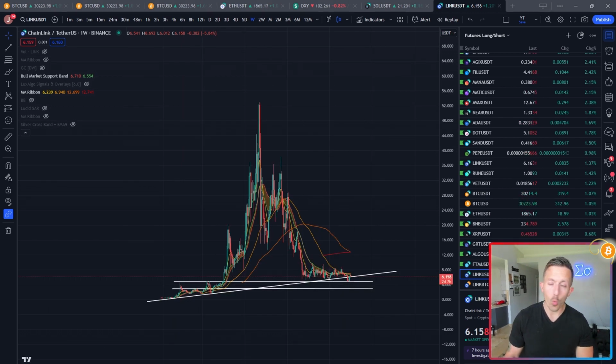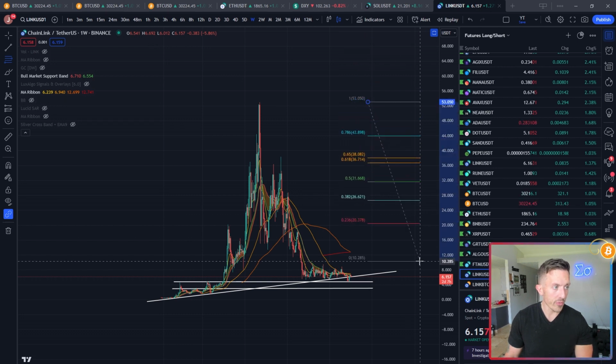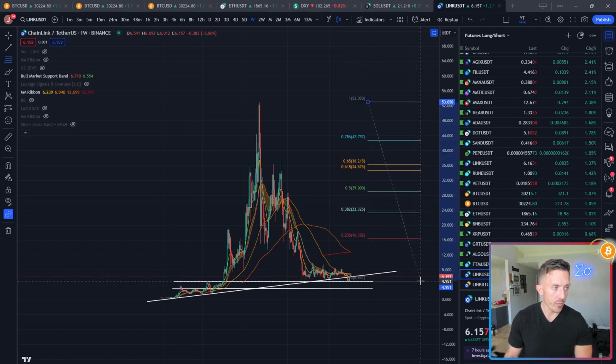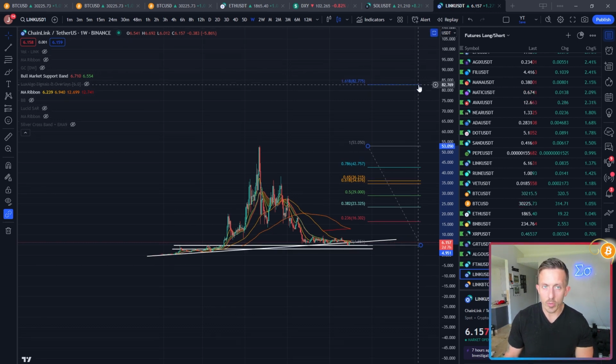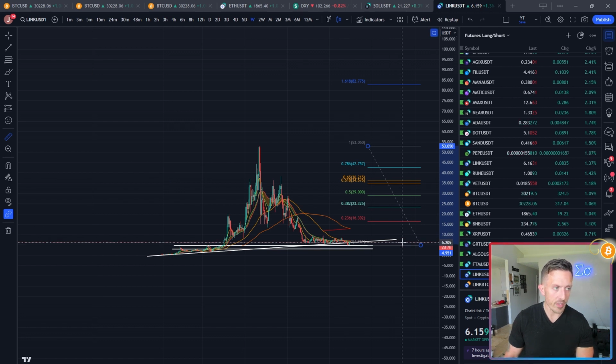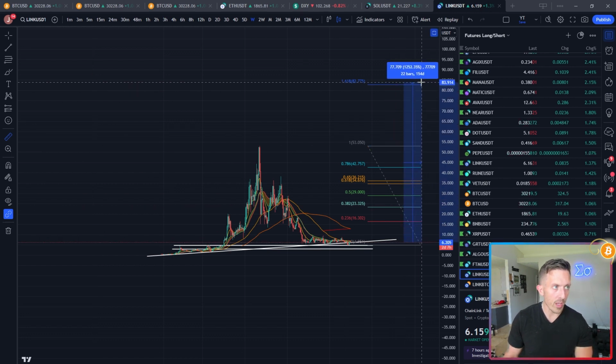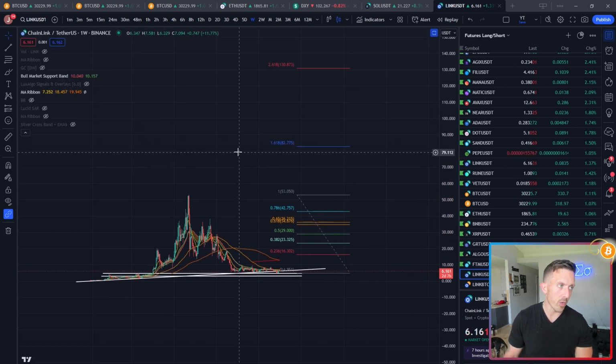Next question, where could Chainlink go in the next bull market? Well, that's actually pretty simple. The way that I like to do that is to take a reverse Fibonacci, and we're going to assume that this was the bottom here, and look at the 1.618. The 1.618 is sitting here at $82.78, which I think is a reasonable target for the next bull market. We've talked about this in a different video, but we'll do it again. From here, that is basically a 12x, similar to what it did in the previous bull run.